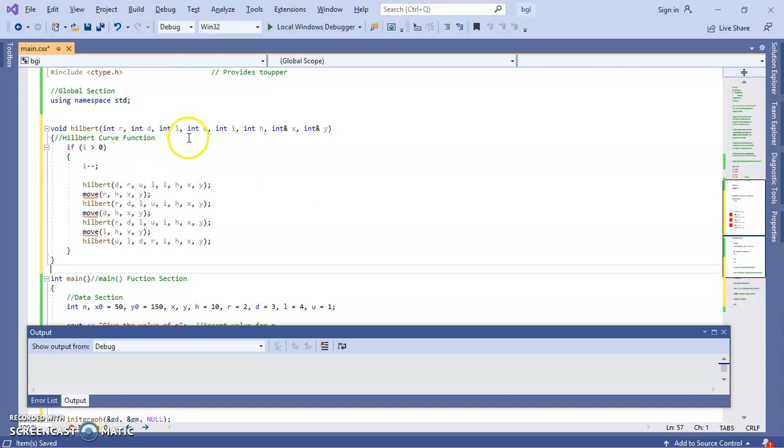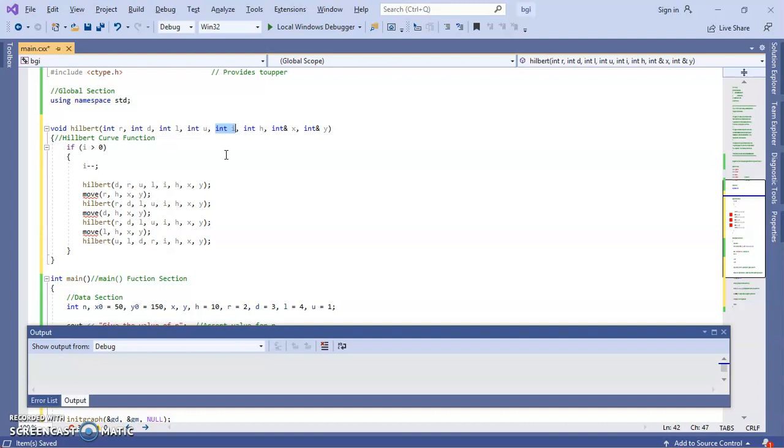Basically we copy the n variable value into i. By applying the validation, the Hilbert curve function is executed as long as the i value, that is n, is greater than 0.